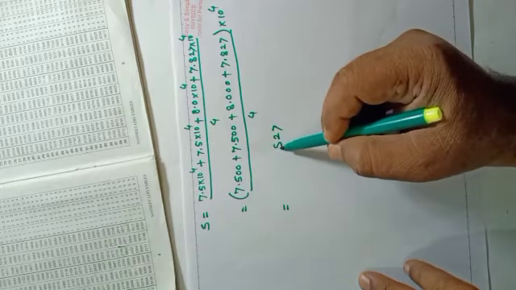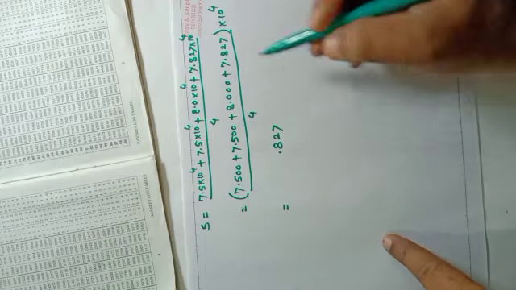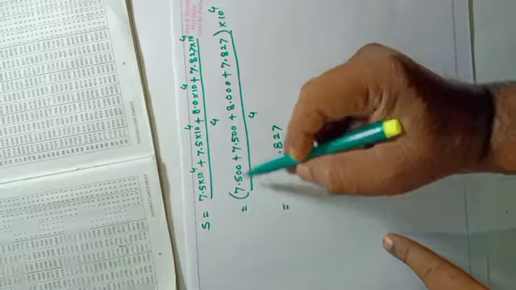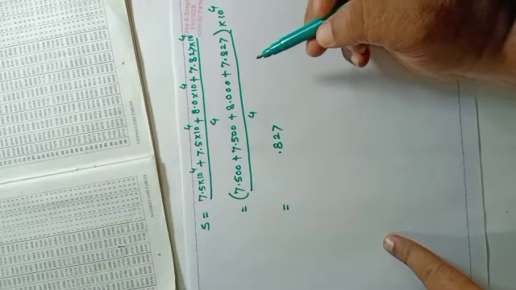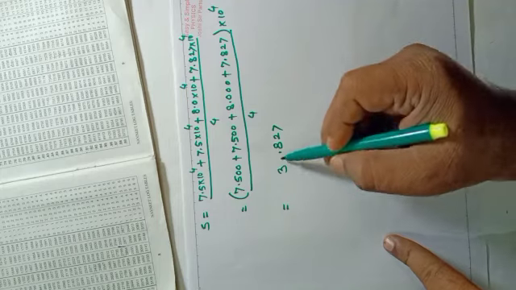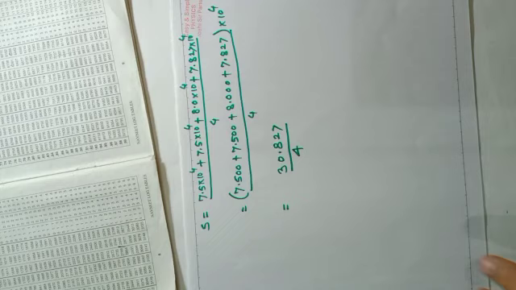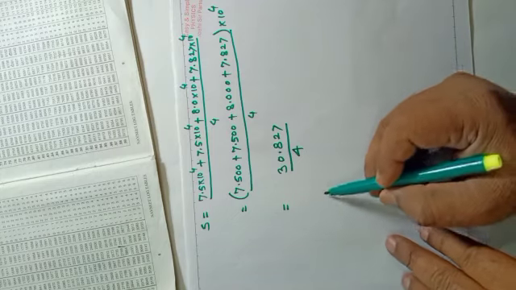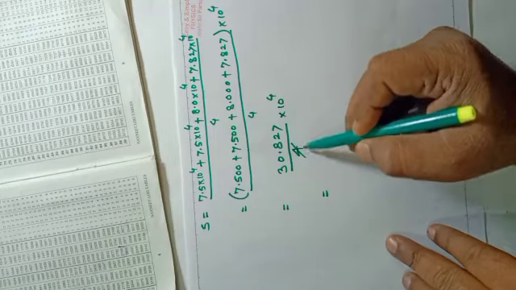So 8 is there, point 1 is remaining, that is 8 becomes 16, 7 becomes 14, 16 plus 14 it is 30.827. So if we divide by 4, into 10 to the power 4, so 4 1 the 4,